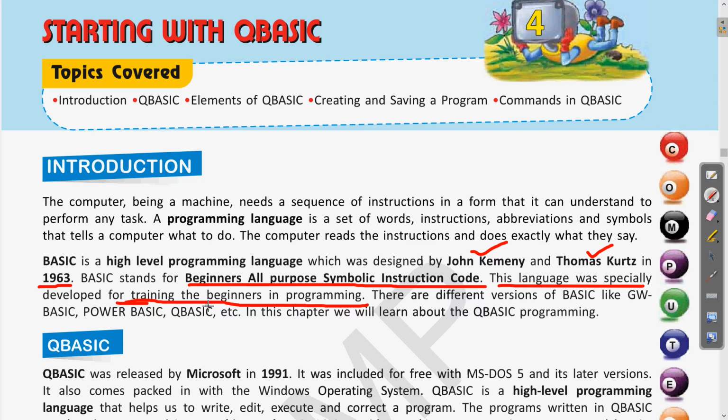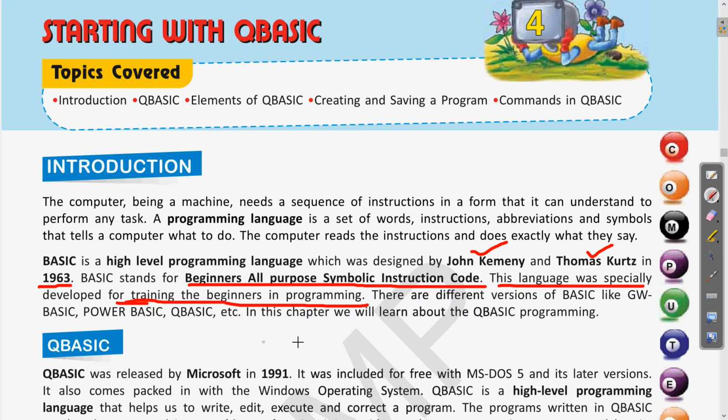In the same way, in programming also, we start with basic concepts which are easy to understand. So BASIC was developed for training those beginners.